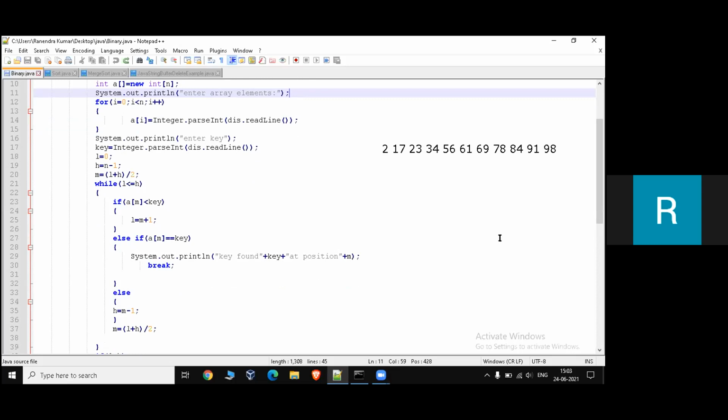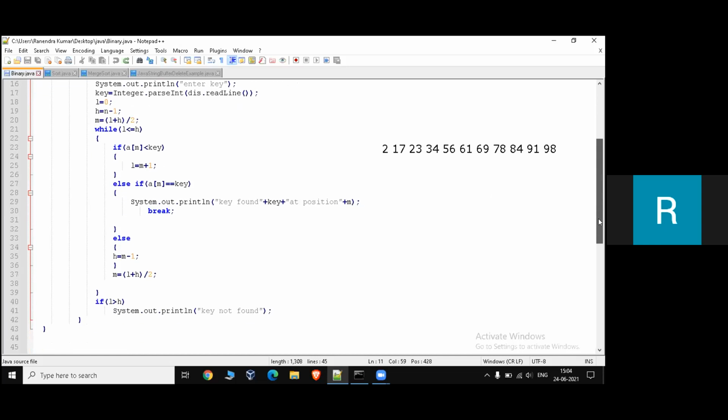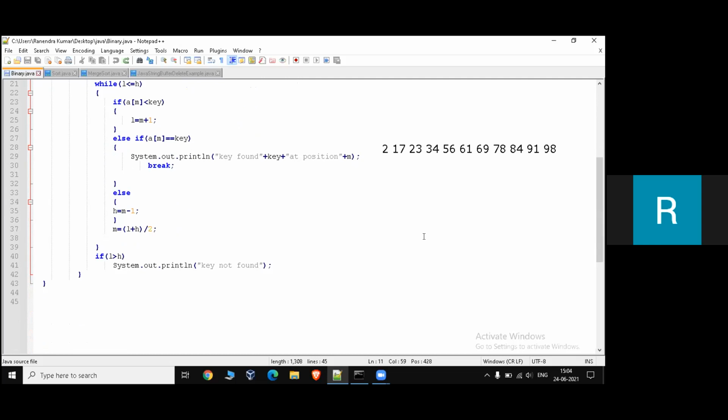If the mid value is greater than the key value, we need to check the left subarray. If the key is not found, this is the print statement: the key is not found.